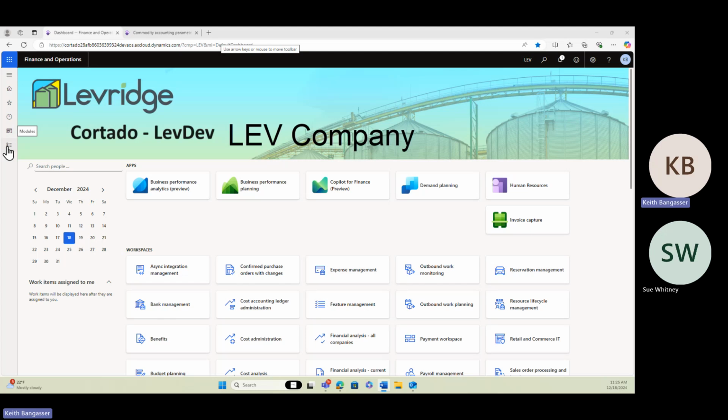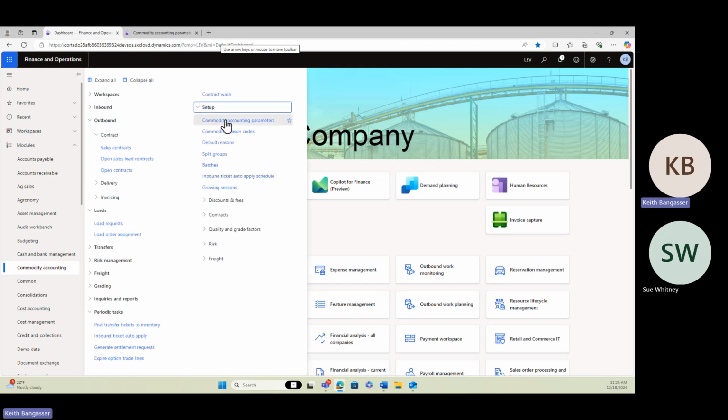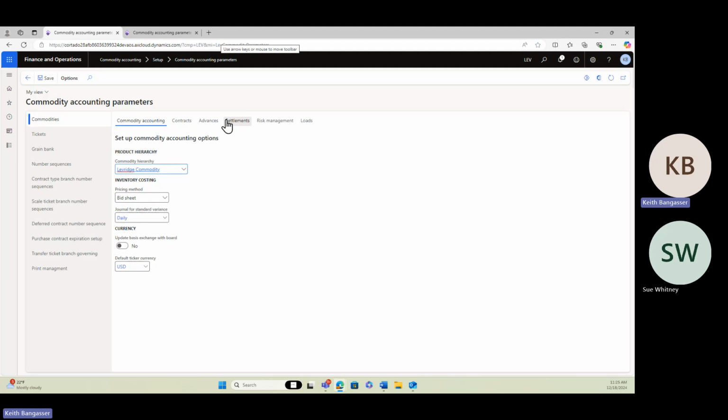A contract wash is to help make that super easy, super clean, and even reversible if you make a mistake. Let's take a look. The first thing we need to do is set up a journal, and that is done as a default. We go into commodity accounting, go to setup, and commodity accounting parameters. Under commodities, in the contracts tab,